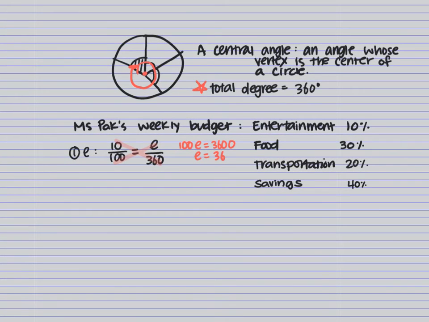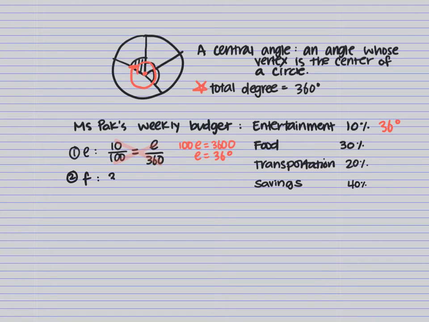For my other ones, I am going to continue doing the same thing. Or if you find out the 10%, which is 36 degrees, I'm going to put 36 degrees here. You can find out the other ones by multiplying the degree 2 times, 3 times, 4 times, etc. I am still going to set up the equation to show you how I set it up, but if you are comfortable doing it, you can just go ahead and multiply 2, 3, and 4 to find out the angle degrees. So for my food,